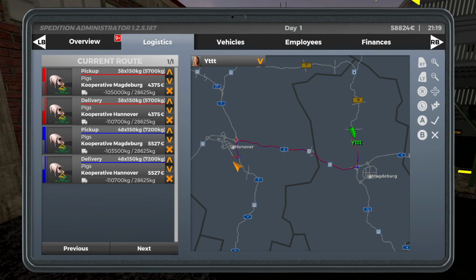Wait for all 17 loads to unload, and then you're going to repeat the process, except you're going to be going back to Magdeburg. So you'll go in, and you'll find contracts to Magdeburg, just like we did in Berlin, and then you'll do the same thing, get 9 loads of pigs, wait for them to unload, then you'll add 4 more, wait for them to unload, add 2 more, and so on. And you're going to keep going back and forth between Hanover and Magdeburg over and over until you